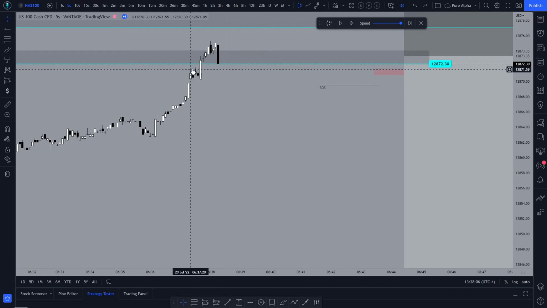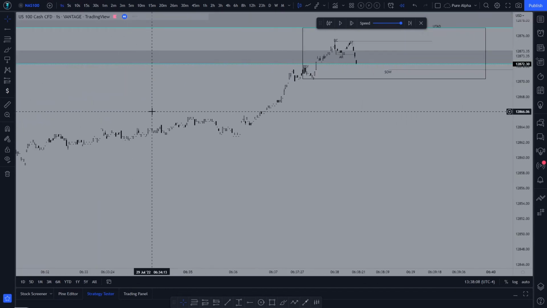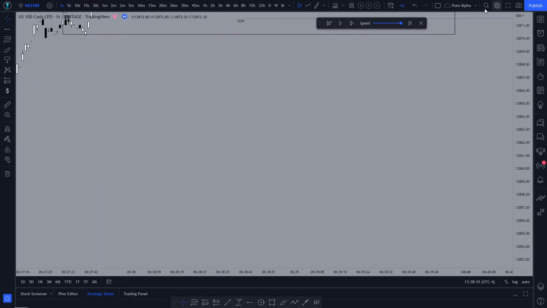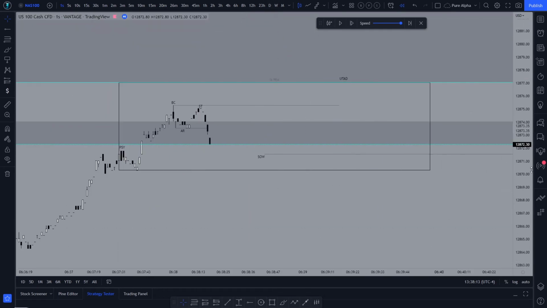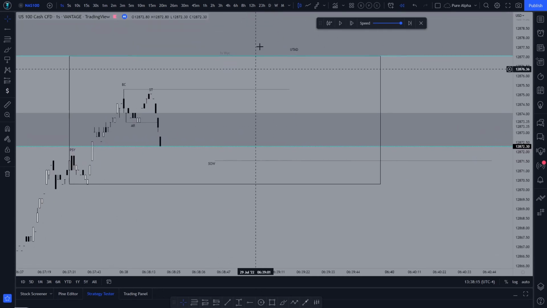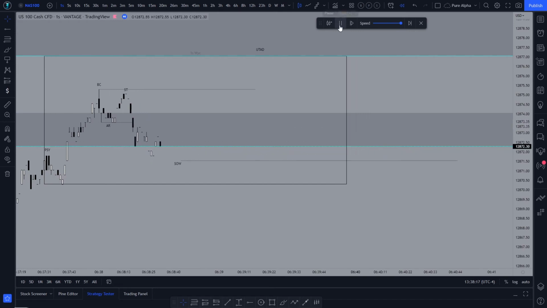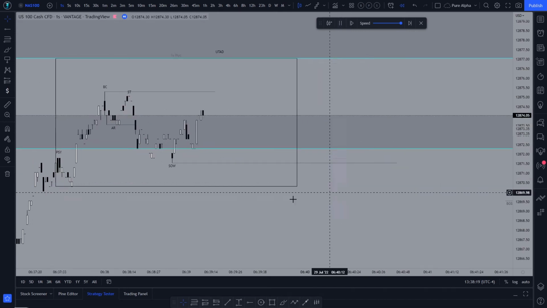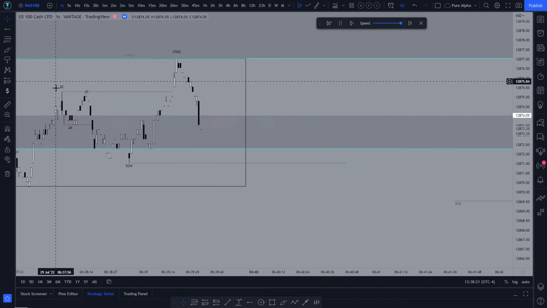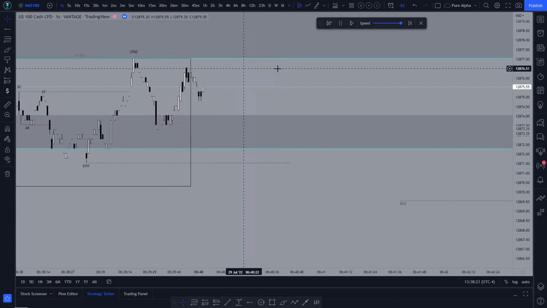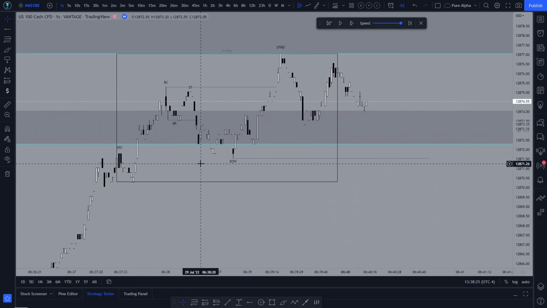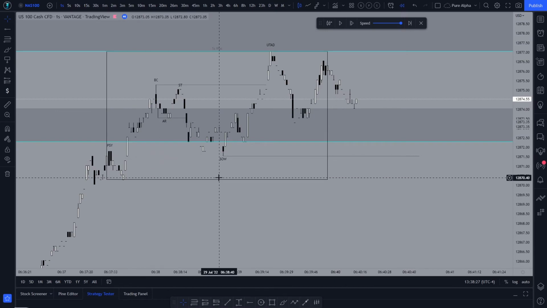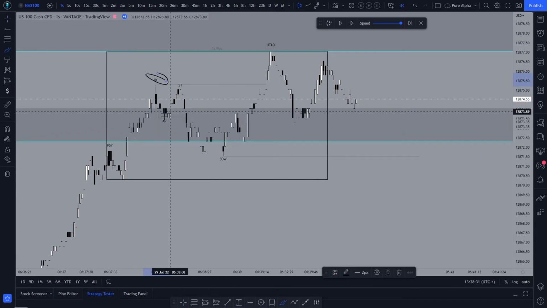Okay, so as price approaches our 15-second POI, I then go down to the 1-second time frame to see if we can once again get one more distribution schematic before going in. Now we have our preliminary supply, buyer's climax, AR, ST, SOW. Sorry, let me actually say what these things mean. But it's not so much about the labeling, it's more that the highs are getting liquidated. That's all Wyckoff is, right? The labeling does not really matter.